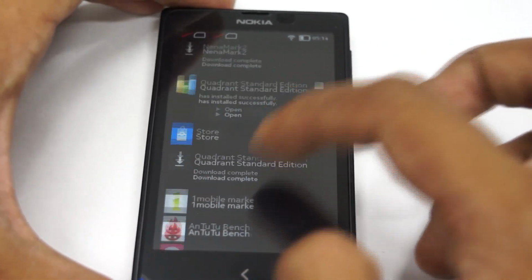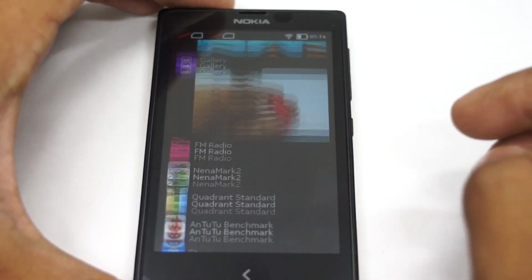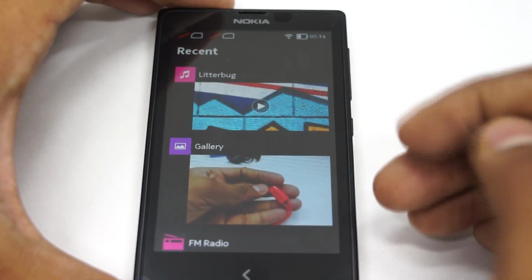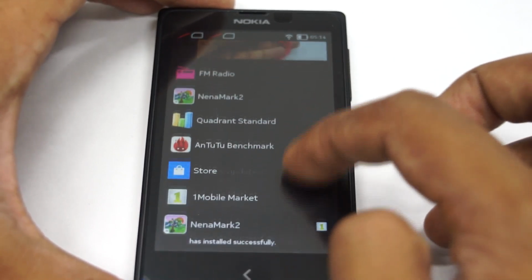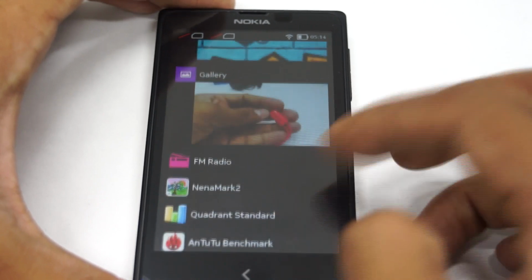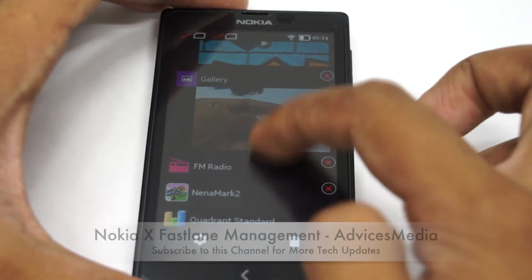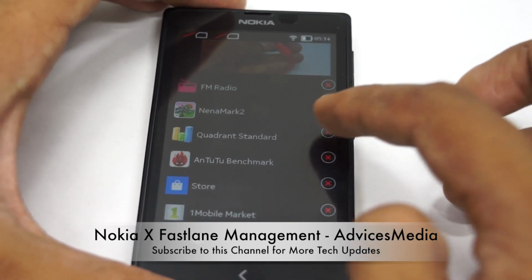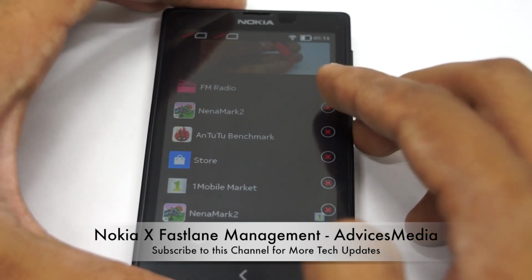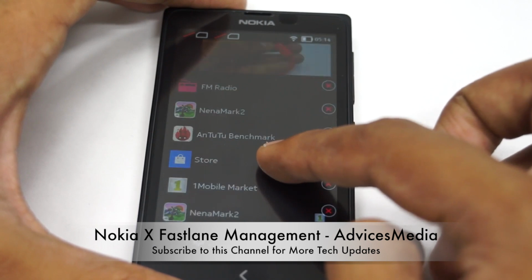Now if you feel that there's a lot of load being taken by the Fastlane in logging everything down and helping in multitasking, and you didn't want to show a few things here, you can just long press any of these tasks, and you would see a cross just beside all of these. You can try to close any of them.